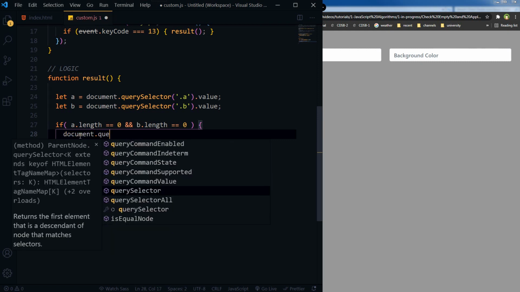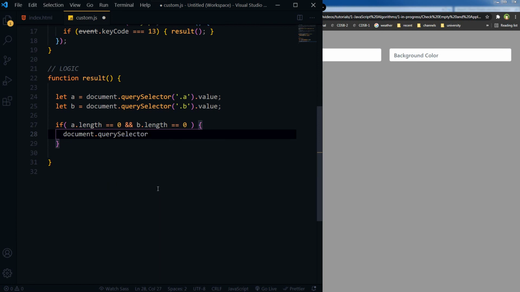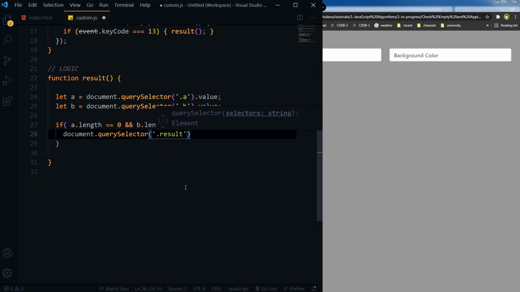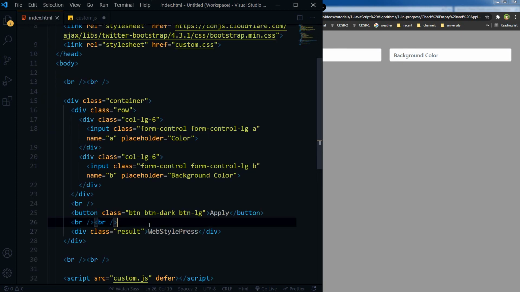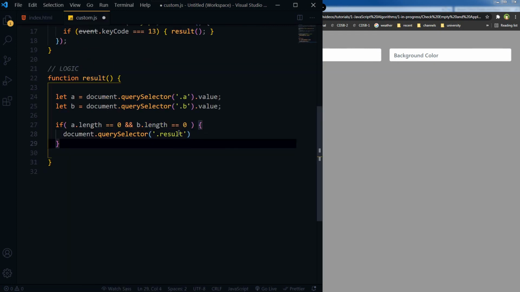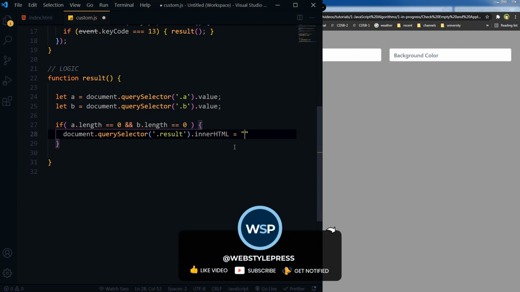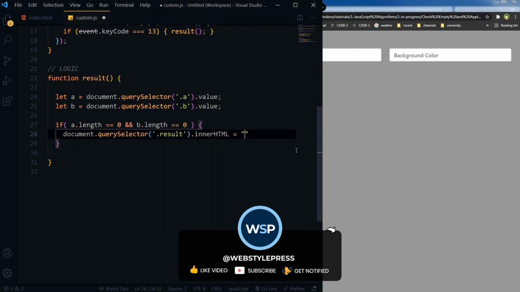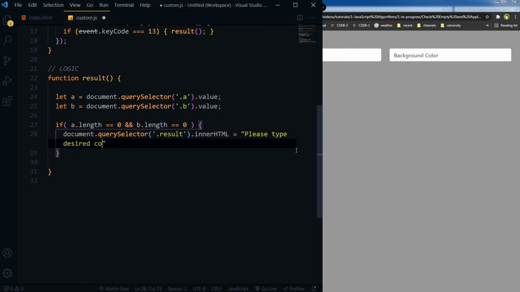document dot query selector, we will select our div with class result, this one. Dot innerHTML, and we will change this text to something like, please type desired color values,